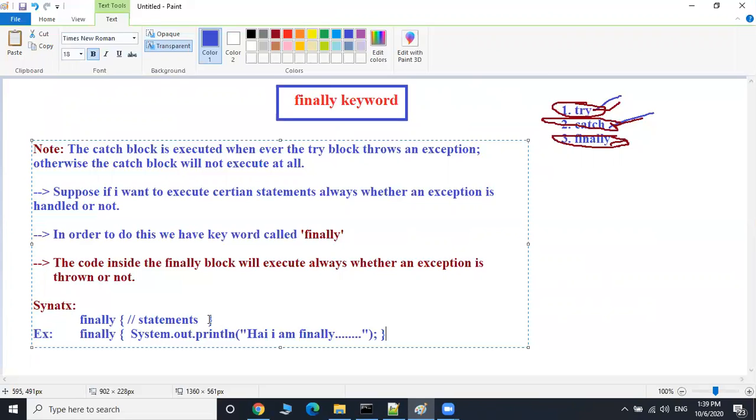We can include the finally block after the try block or after the catch block. This is the advantage of the finally block. This is about try, catch, and finally. If you still have any doubts on the finally keyword, please ask me. Okay, thank you.